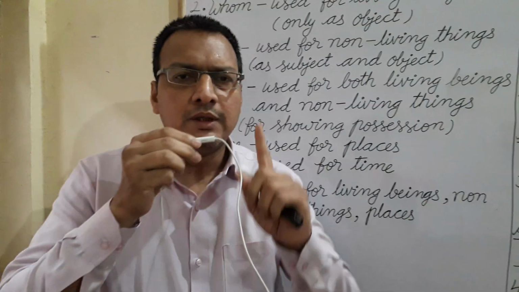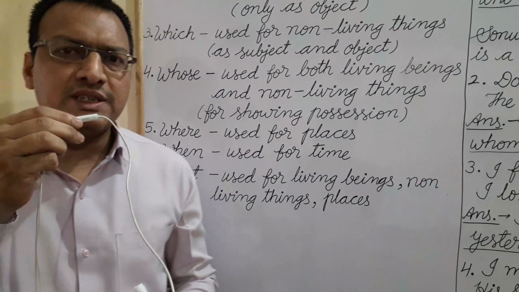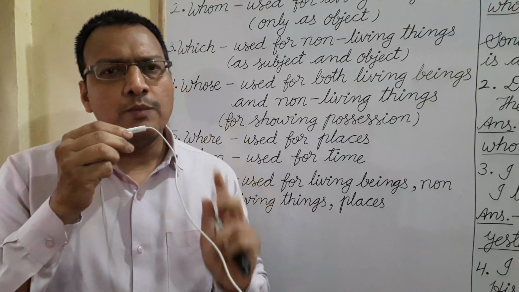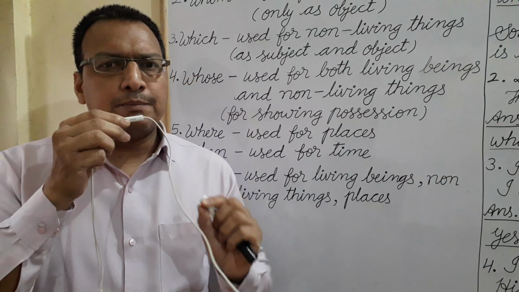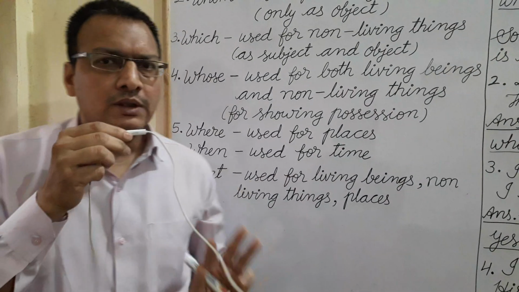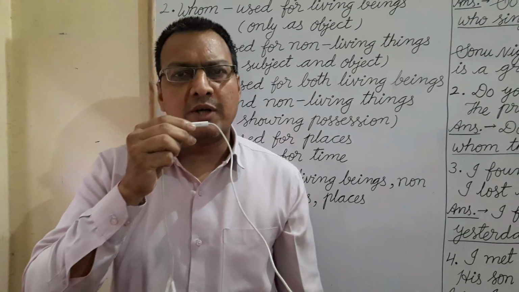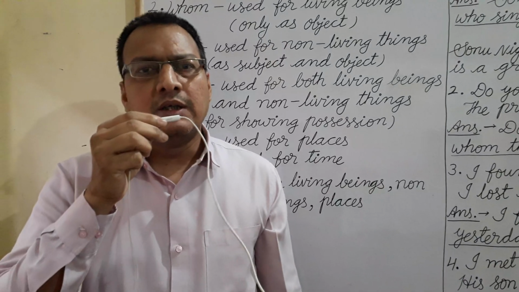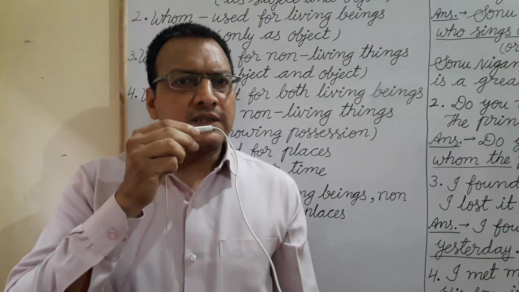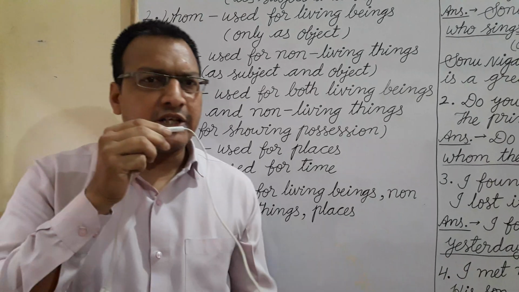Those 5 conditions are: number 1, when there is the same plus noun in the main clause, we use that for making adjective clause. Number 2, when there is article the plus superlative degree plus noun, the adjective clause is made with that. Number 3, when there are someone, somebody, anyone, anybody, no one, nobody, everyone, everybody, something, anything, nothing, everything, no, none, few, all in the main clause, we use that for making adjective clause.